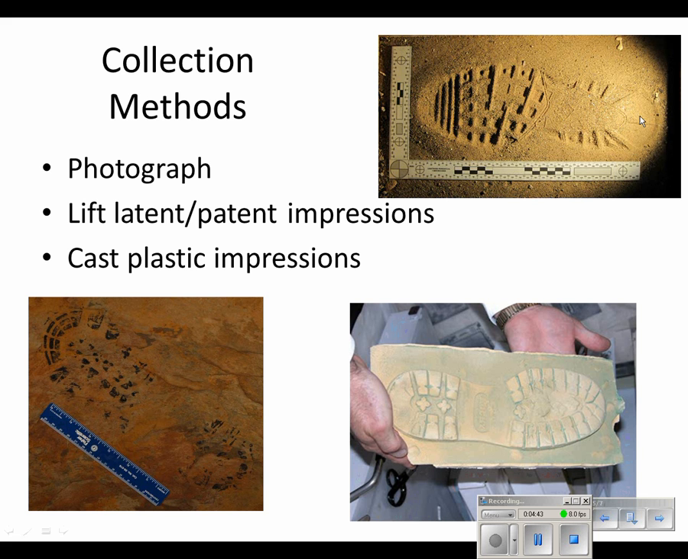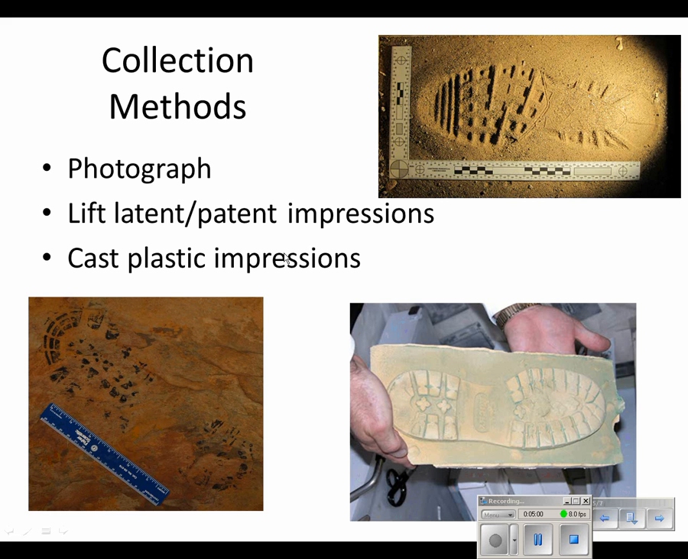So up here you can see this is what a 3D impression would look like. And this is a photograph. We'd always photograph first, and we'd use a scale. And then if we can take the object, so if this were a tile down here, we could actually just pick the tile up and bring it back to the lab. But if not, then we have to